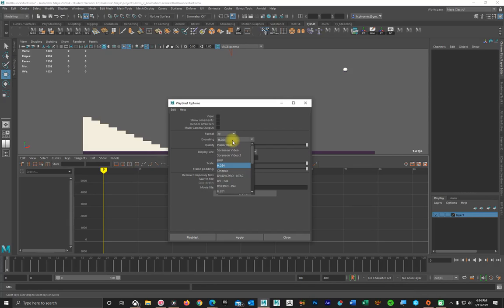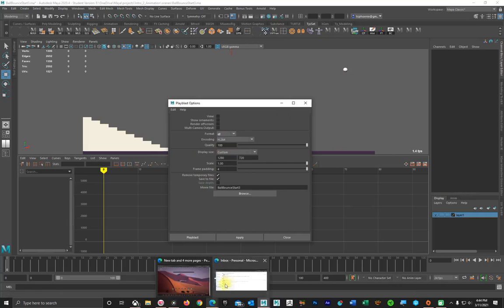So depending on what machine you have, if you have any questions, take a screenshot and send it to me. But if you're on a Mac, that's all you have to do. If you're on a PC, you have a few different options, depending on what is installed on your machine. Now, you can do AVI, but we have to do different things for it. What I would suggest, if you're on a PC, is, you notice I'm saving mine out as a QT, which is a QuickTime, using an H.264 encoding,